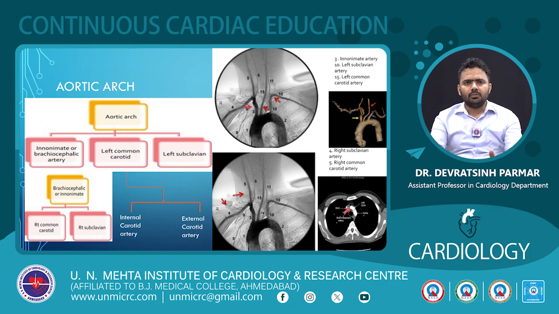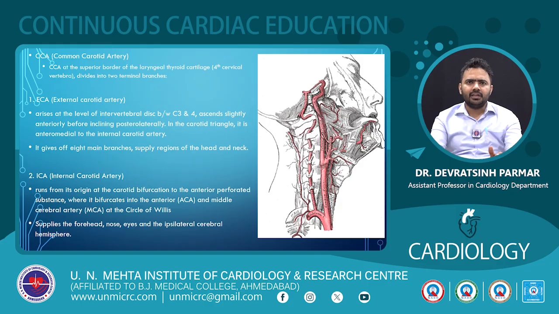So first is anatomy. As we all know, the aortic arch is usually divided into three major components. First comes the right brachiocephalic trunk. From the right brachiocephalic trunk, it differentiates into the right subclavian and right common carotid. Then the left common carotid and left subclavian artery. Now the common carotid artery divides into the ICA and external carotid artery at the superior border of the laryngeal